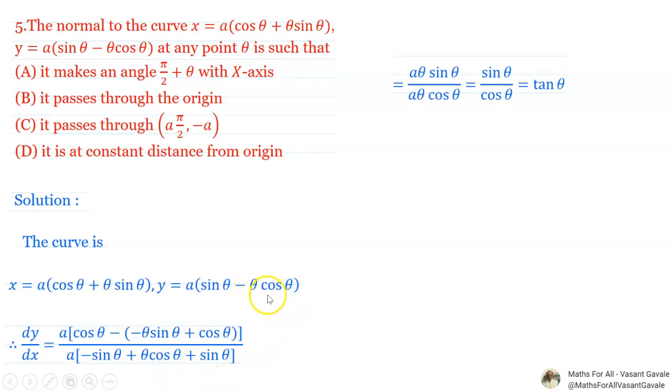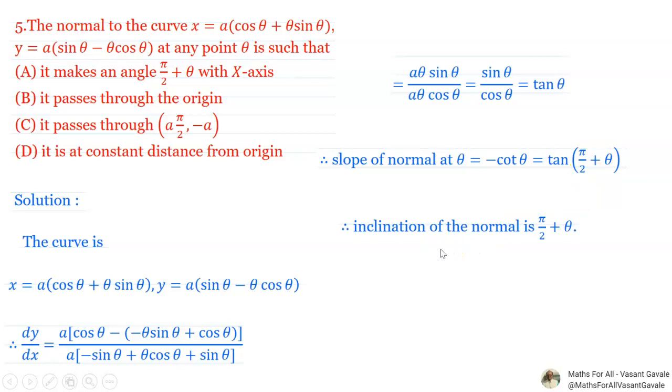After simplification you'll have it equals tan theta. Therefore this is the slope of the tangent. Therefore the slope of the normal at theta equals minus cot theta, and this is nothing but the tan of pi by 2 plus theta, and hence the inclination of the normal is pi by 2 plus theta